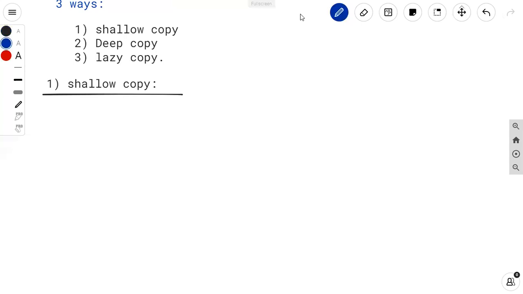In this case we are copying some members, so the process is very fast. We are not using all the members at a time.